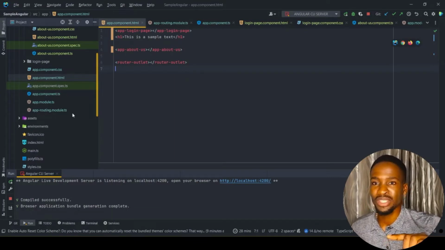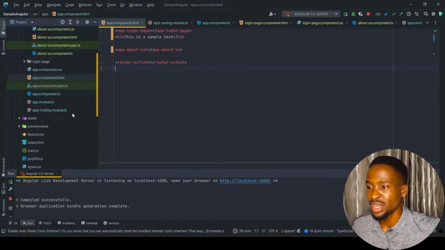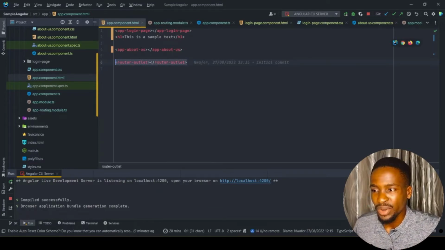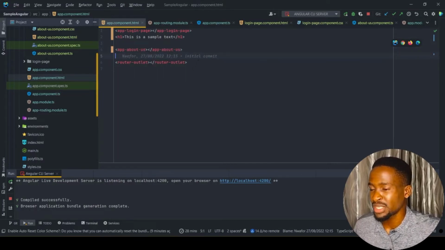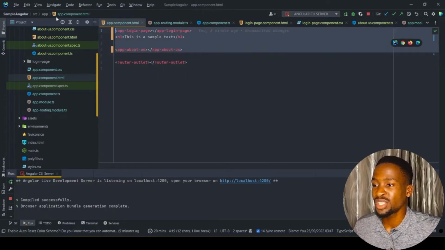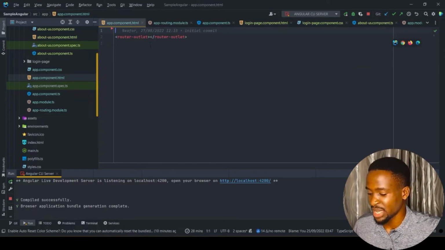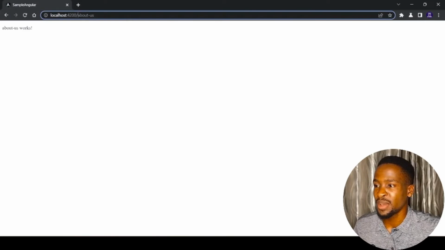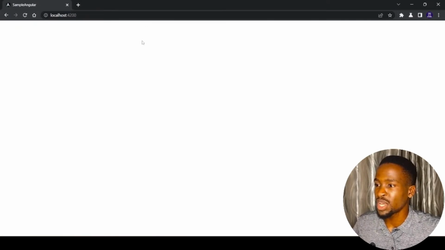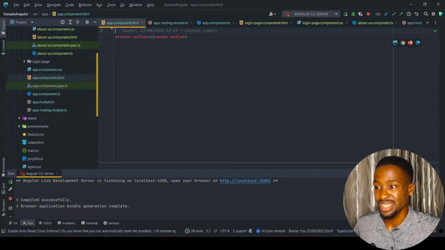So when I then move over to the About Us route, we're actually saying that we want the About Us to show up here, and we already have the About Us here, so that is causing a duplication in the About Us. So to fix this, all we need to do is to take this out, and when we take this out and save this, you can see that we are having just About Us here. And if we go to the root route, we can see that we are not really having anything over there